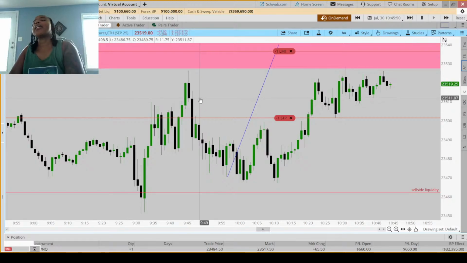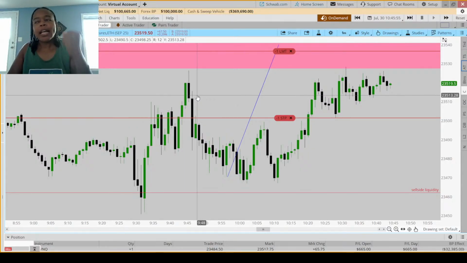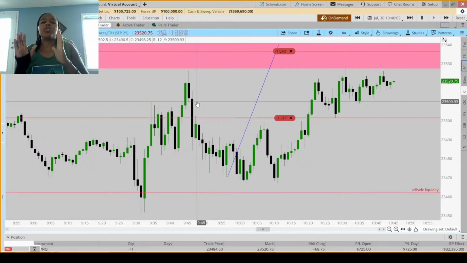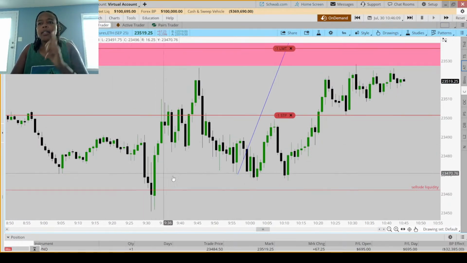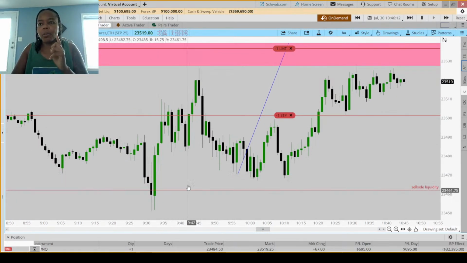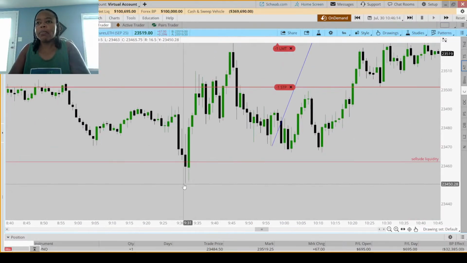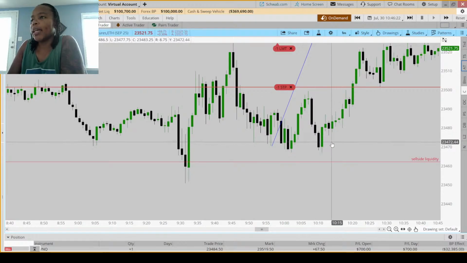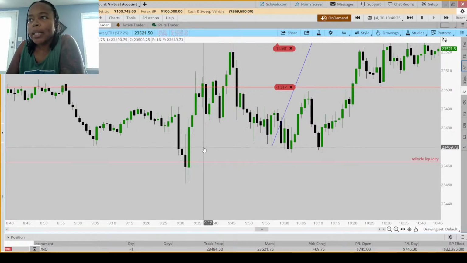In an attempt to train myself like Pavlov's dogs to put my order in and just let it ride, I put it in and just let it sit. I got stopped out, but I did it just to make myself do what I'm supposed to do. But the setup that would have worked is the midpoint of the wick of this order block. This is a strong order block for me because this is higher, that's down. Use the wick. I usually like to take it at the wick. They're not trying to get down to the wick, so the midpoint of the wick or below is a good entry spot.